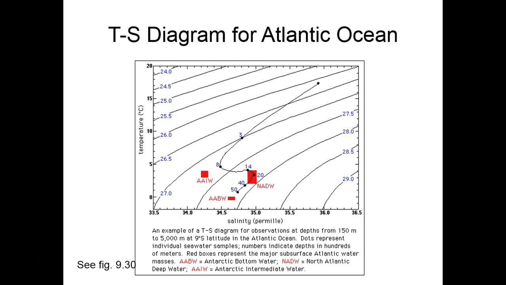So what scientists can do is they can collect water samples and they can test it for the temperature and salinity at different depths. And then they can make what's called a TS diagram. It's a temperature and salinity graph, essentially. So this is a temperature and salinity graph from a